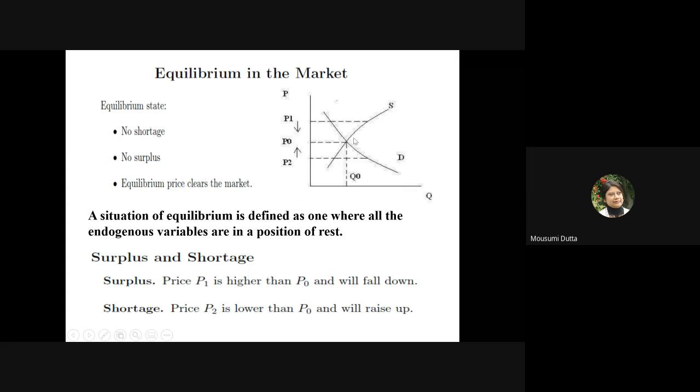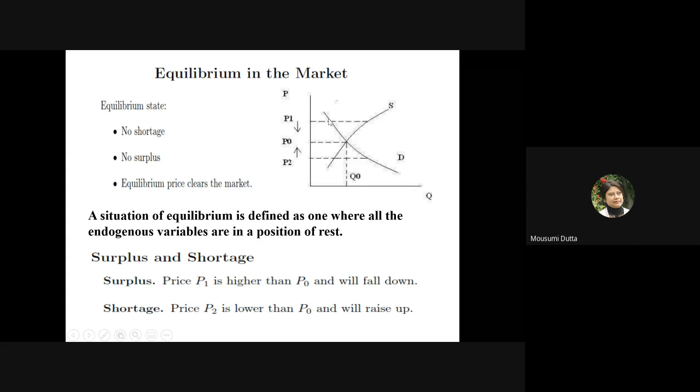So there is this state where the two curves are cutting each other. At this point, aggregate demand is exactly equal to aggregate supply, so this point is called equilibrium. Now, if price is P1,